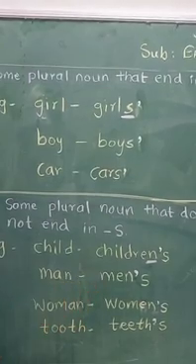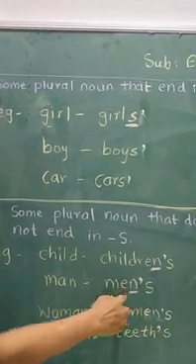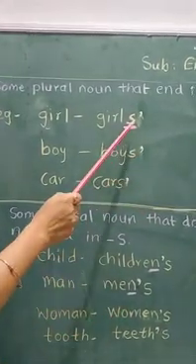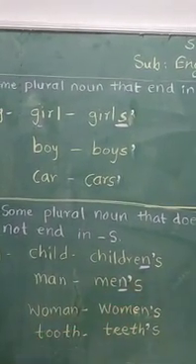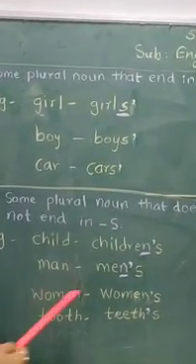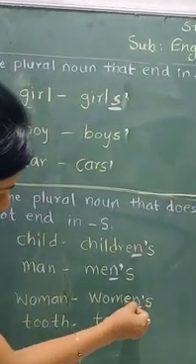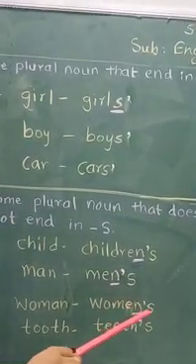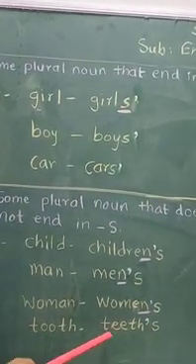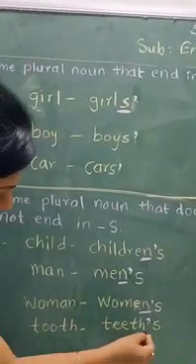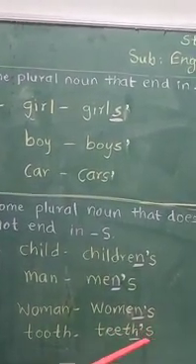Man, men's. See, the end of this plural form n here, it does not end with s like this. So we are writing first here an apostrophe mark and then we are writing s. What is the plural form of woman? Women. Then first see here, it ends with n. So after that we are giving an apostrophe mark, then s. See what is the plural form of tooth? Teeth. This also ends with h, not s. So we are writing here first an apostrophe mark, then s.